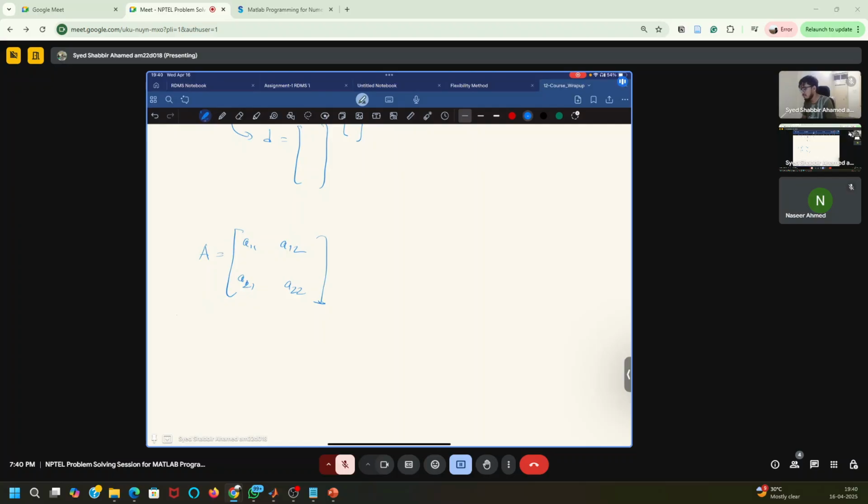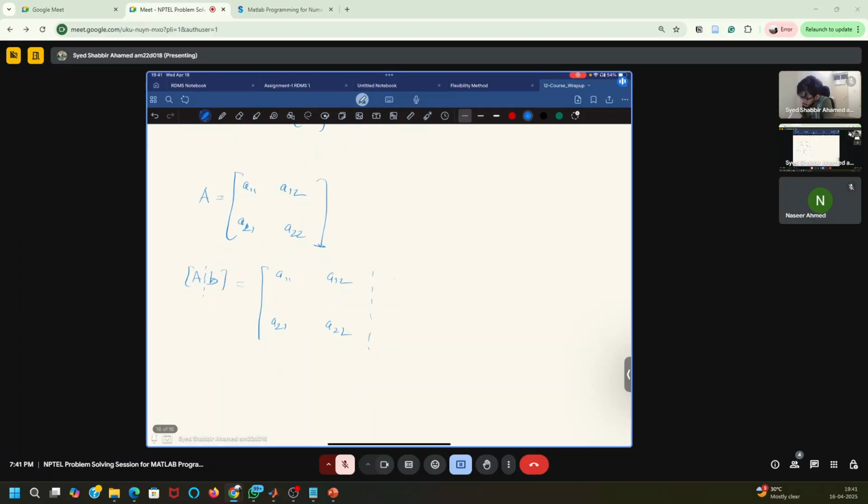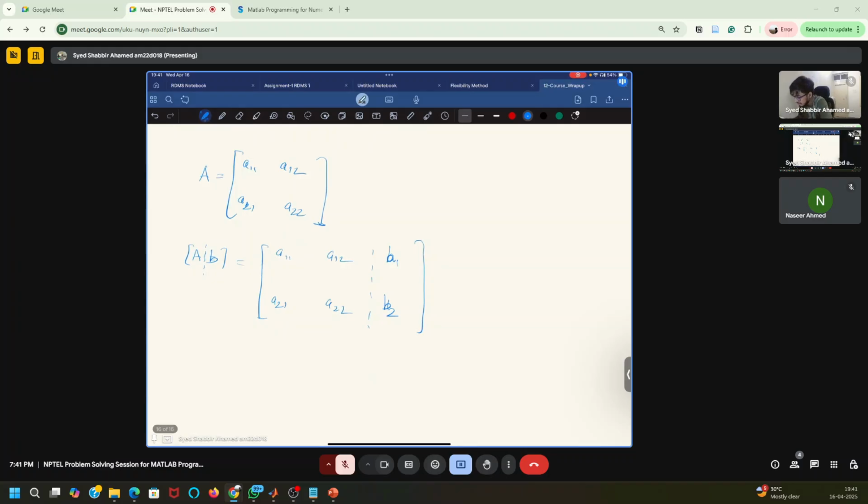We also have B, so we take the augmented matrix A, B, with A11, A12, A21, A22, and B1 and B2. If I want to solve this system of linear equations using the Gauss elimination method,